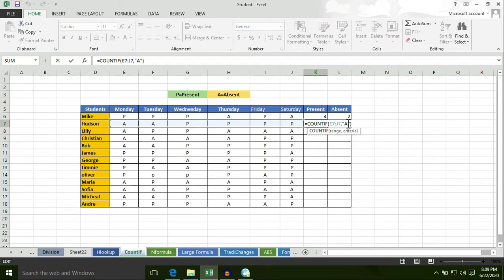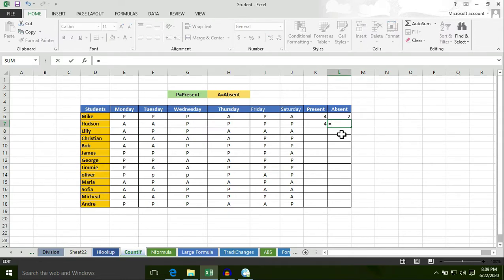It's not A, it's P. I want to find out the total number of presents, not absents. So enter P, hit enter. 4 presents. 1, 2, 3, 4. Hudson made 4 presents.